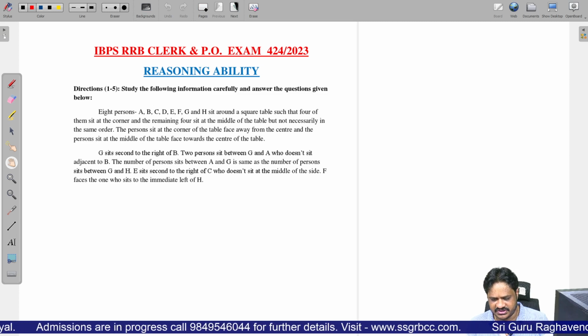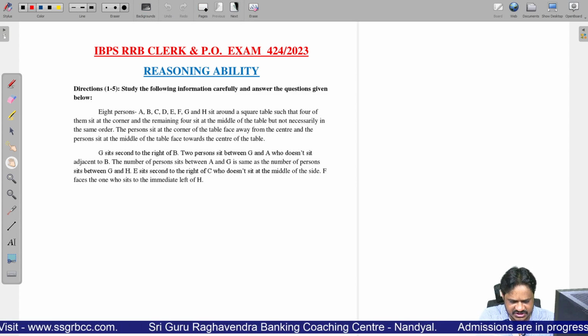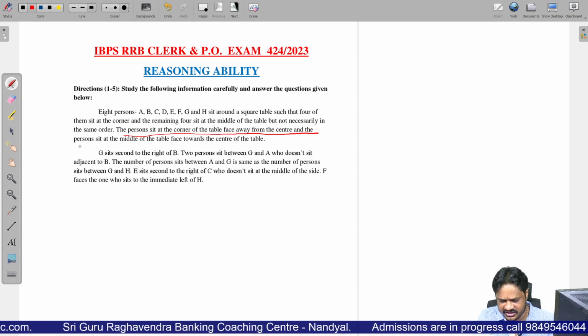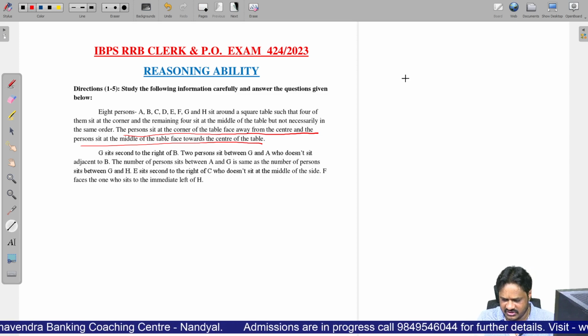There are 8 persons A, B, C, D, E, F, G, H. They are sitting around a square table such that 4 of them sit at the corner while the remaining sit in the middle. The persons sitting at the corner are facing outside the center. The persons sitting in the middle are facing towards the center. So this is one important point. So let us draw